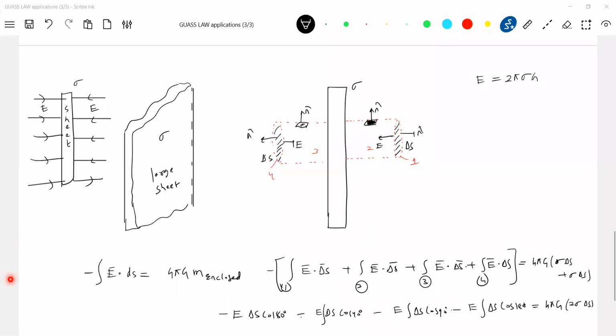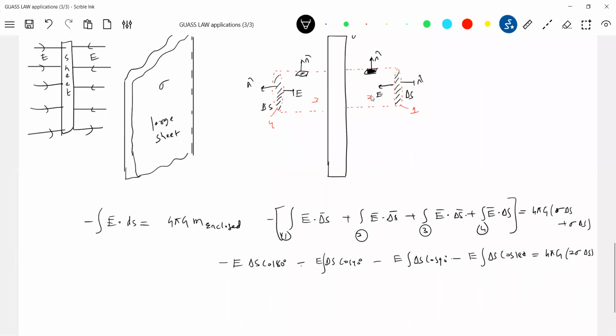Any Gaussian surface you assume, if you get the answer, okay, fine. You must assume the correct Gaussian surface. Sir, the integral of delta S, the overall area, how much is it? Constant, no? Equal to the area of cross section. Some of you are asking, sir, why is this? Integral of ds will give that cross-sectional area. Let it be this much, delta S. Again you will get confused.